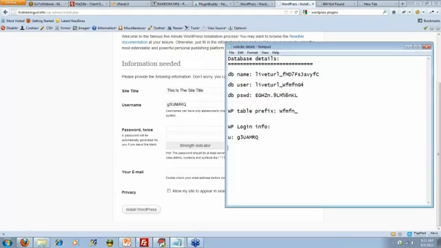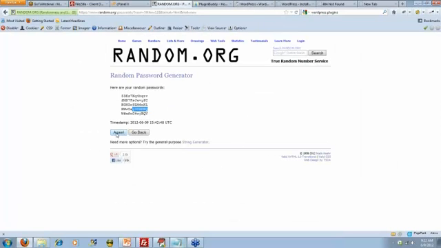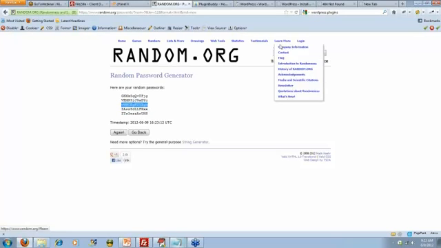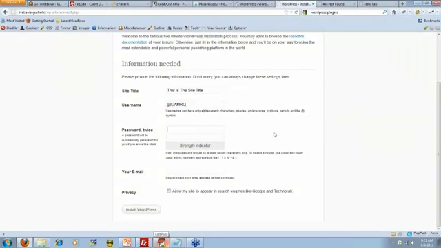So there's my username, and then I'm also going to create a strong password. Now, again, here is your opportunity to use a strong password. Make sure that it's strong. And again, I like using random to do it. I'm going to hit the again button and let it generate 5 new ones, and then take a peek and see what I like. And I don't know why I like that one. So I'm going to come over here and use that value